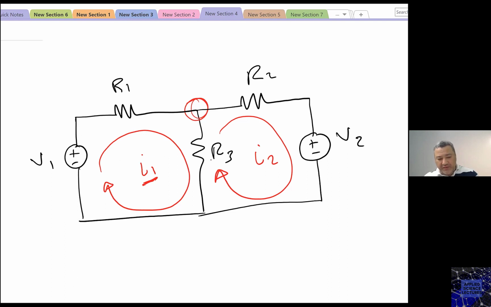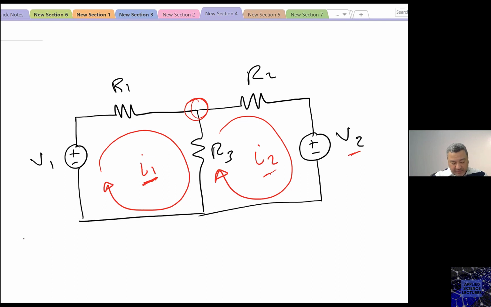Now let's go to the second variable. The second variable is I2 as well. And this I2 is going in R2, only I2 by itself. I2 is going into the V2 by itself, and it is going partially into R3, right? Going partially into R3. Now, in this case, when I write my KVL equations,